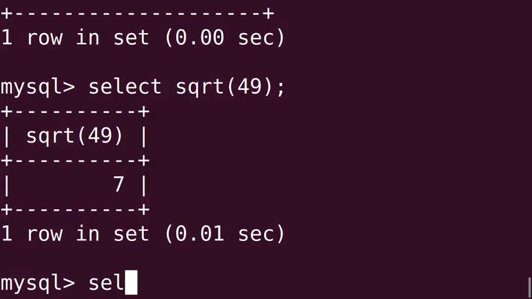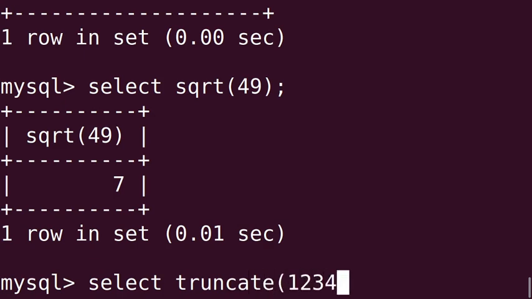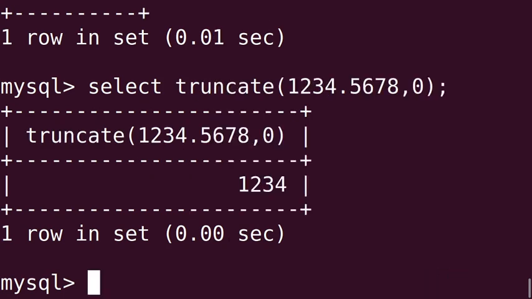Type select truncate, within bracket 1234.5678 comma 0. Close the bracket, put semicolon. Are you getting 1, 2, 3, 4 in the output as we have discussed in the presentation?